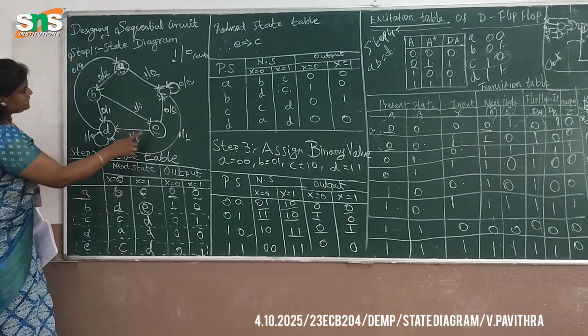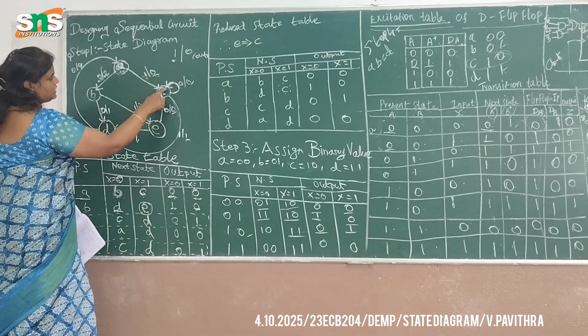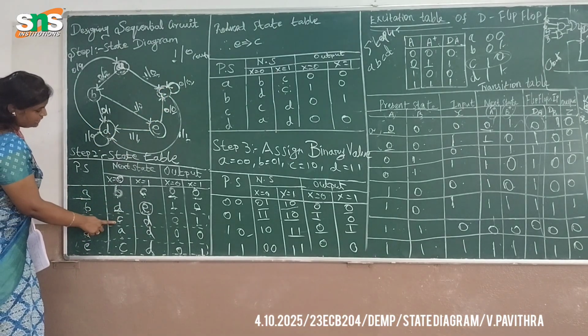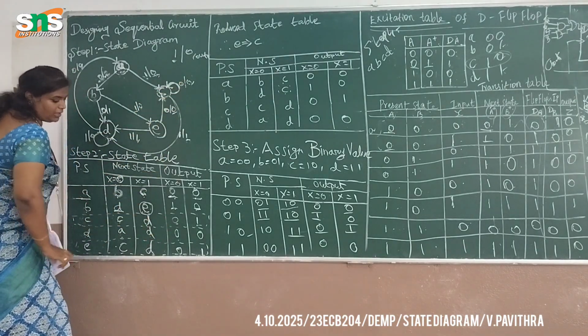Okay. Again for the C. C, what happened? Where does C go? C goes to the same state. So C is equal to C. The output is 0. So 0. Okay. And then